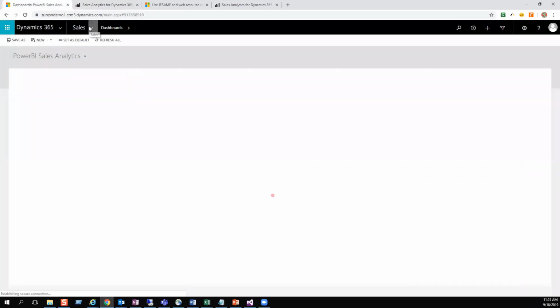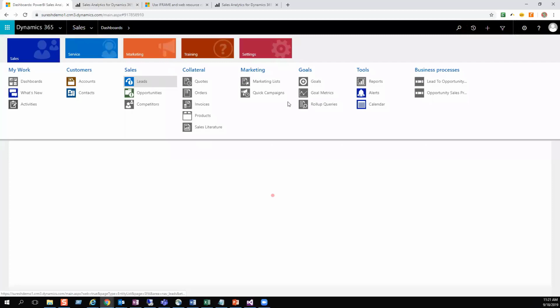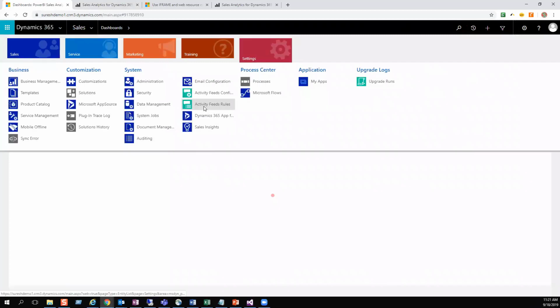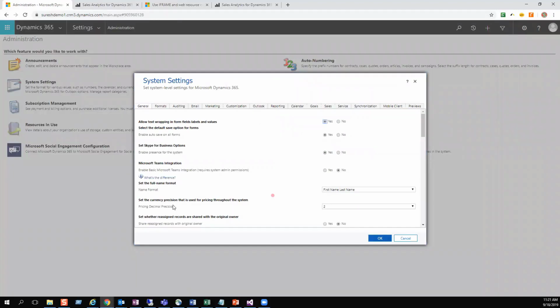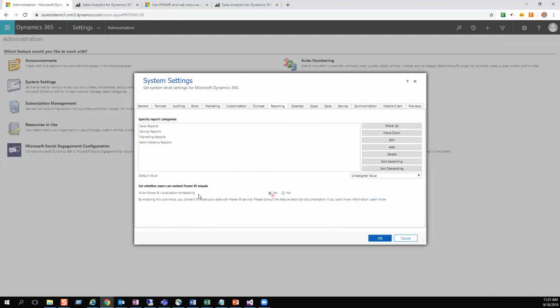If you want to enable the Power BI capabilities or dashboards in your system, what you need to do is go in settings, administration, system settings, and reporting, and then allow Power BI visualization embedding. By default it is no, so you can just set it to yes and then click on OK. Once you have done this enabling of Power BI,